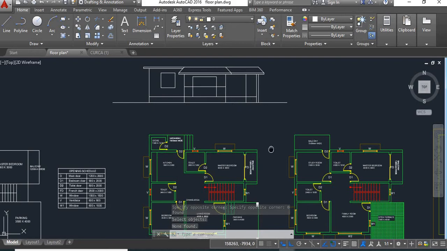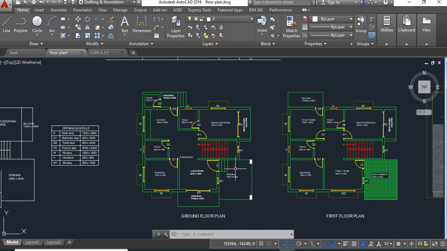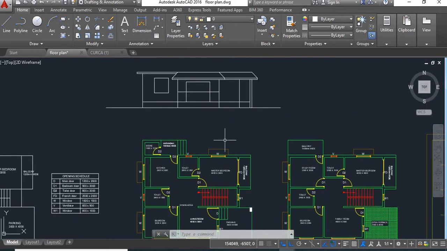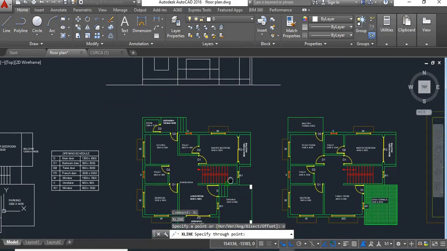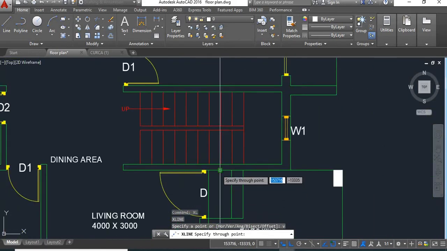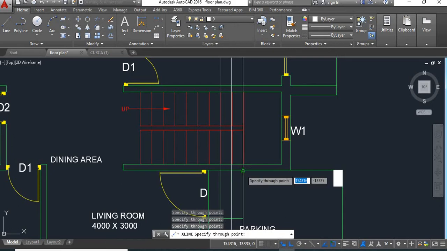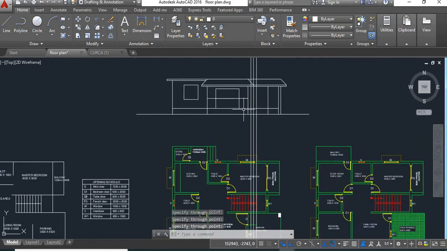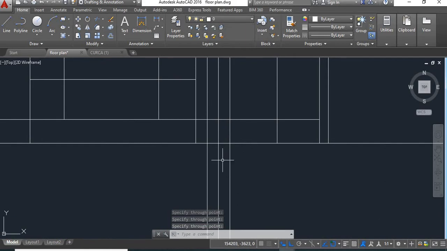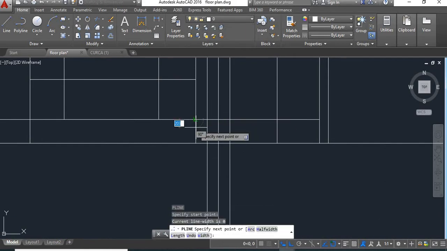Now here we'll have to show these steps for this main door. For that we'll take construction line, vertical, and mark this. We'll take polyline, start from here.